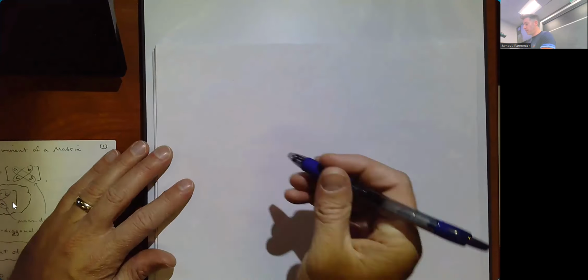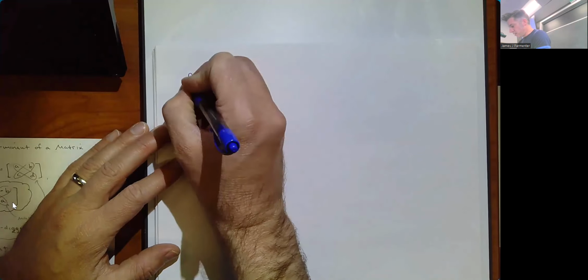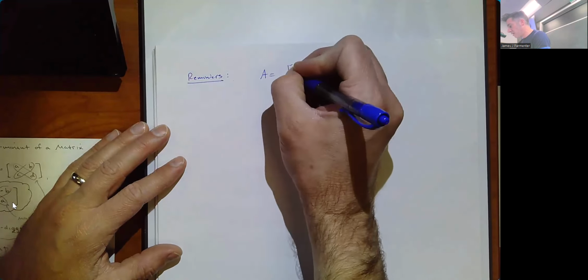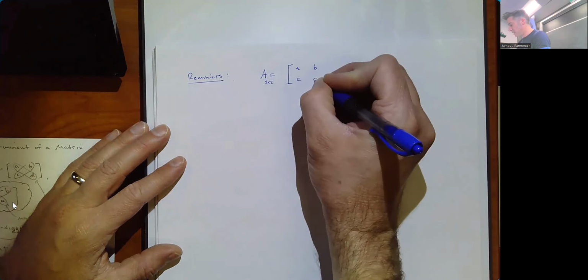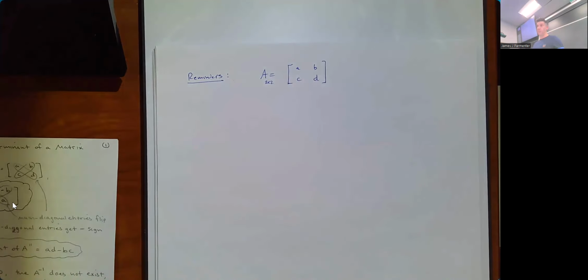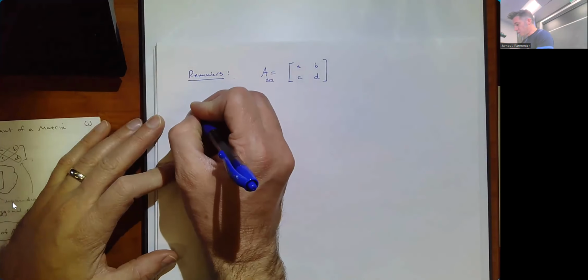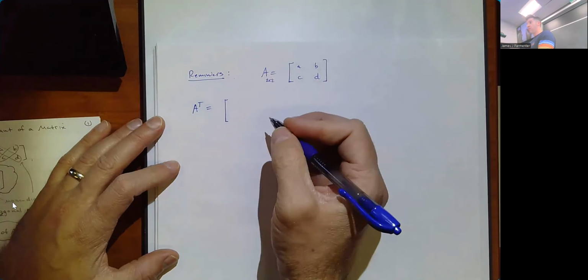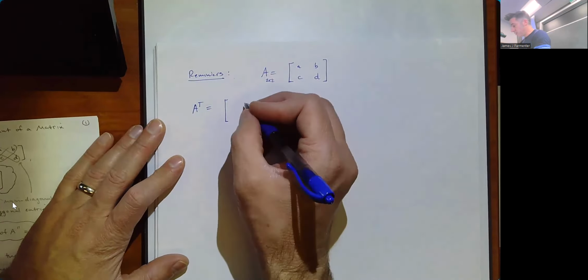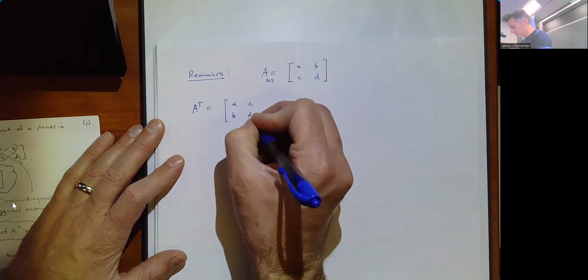Cool. Yeah, all right. So a couple reminders from last time, just because the things I'm going to remind you of are things we're going to need. Reminders. For a general 2 by 2 matrix A, which I'm going to usually label as a, b, c, d, unless I have another reason to do so, 3 things. The A transpose is just rows become columns, columns become rows. So the first row is going to be a, c, the second row is going to be b,